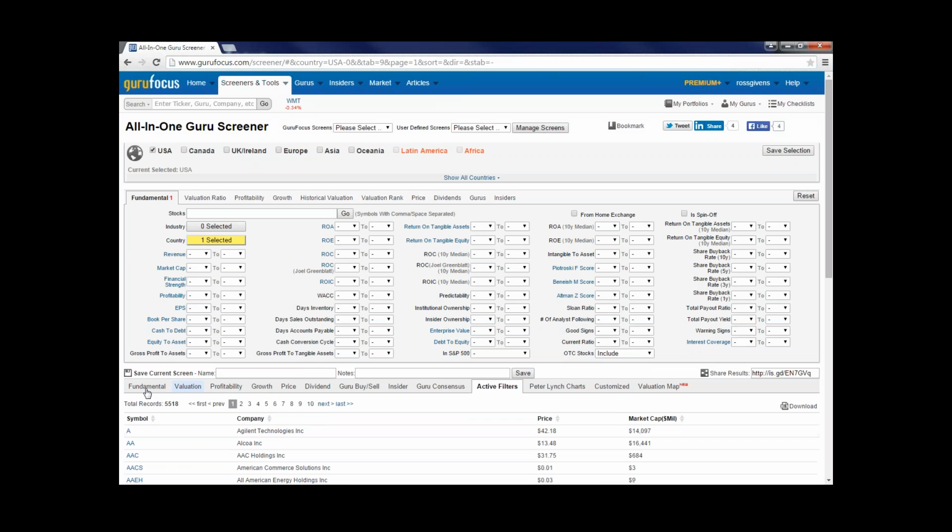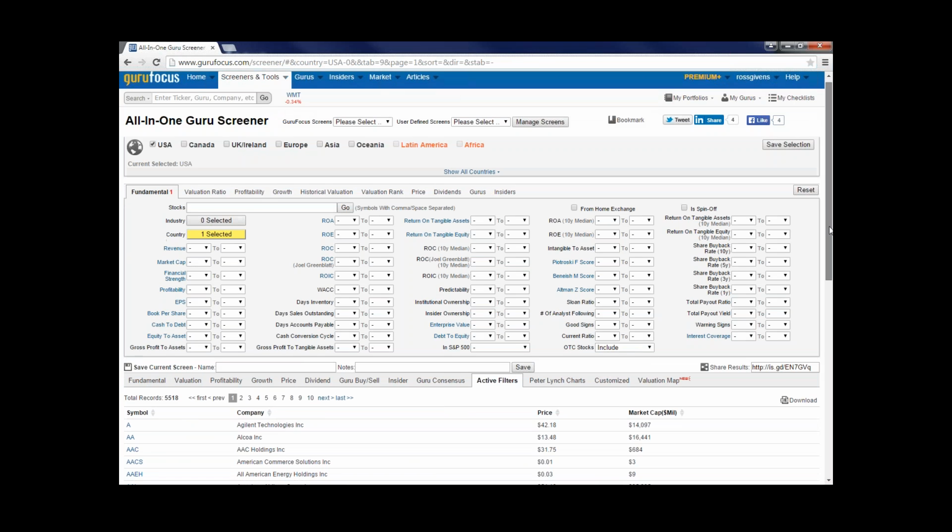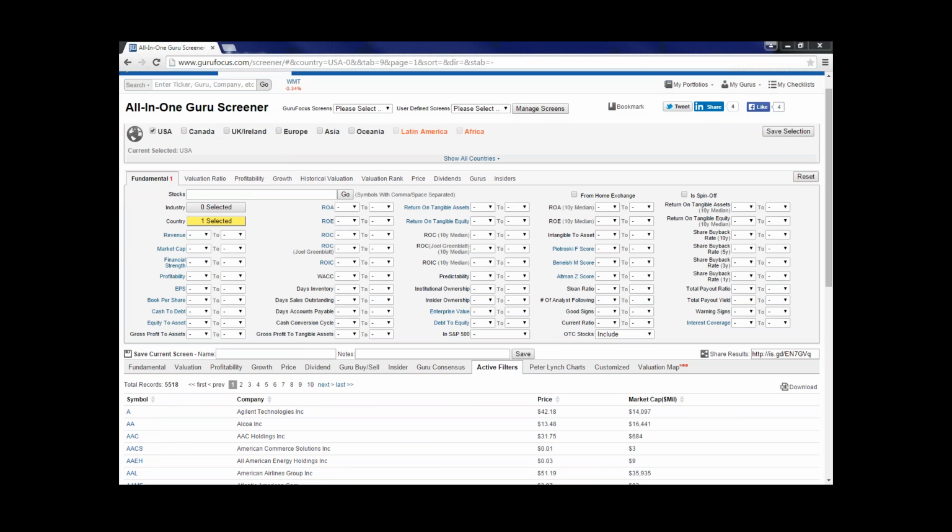And notice at the bottom, it already began populating our list. Okay, so now just U.S. stocks, we see that we're looking at 5,518 publicly traded companies here. Okay, so keep an eye on that number, and you'll see it as you whittle it down to